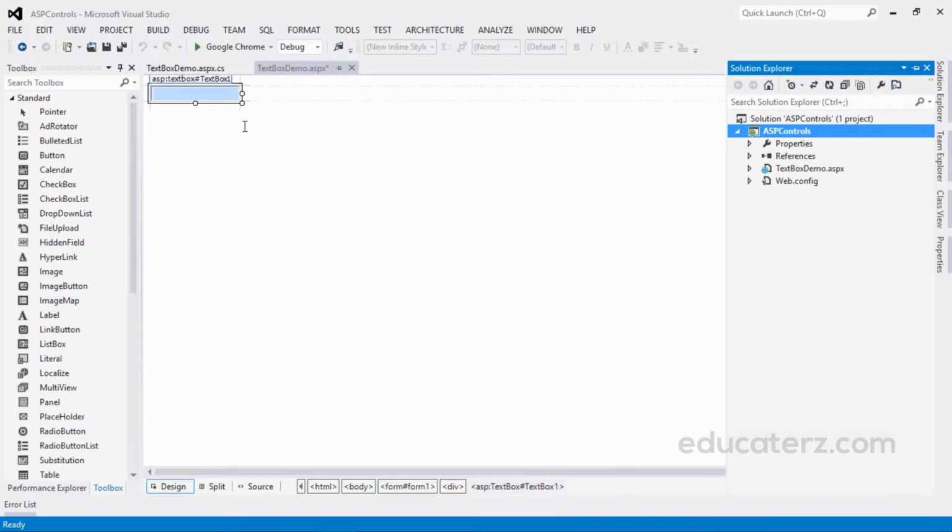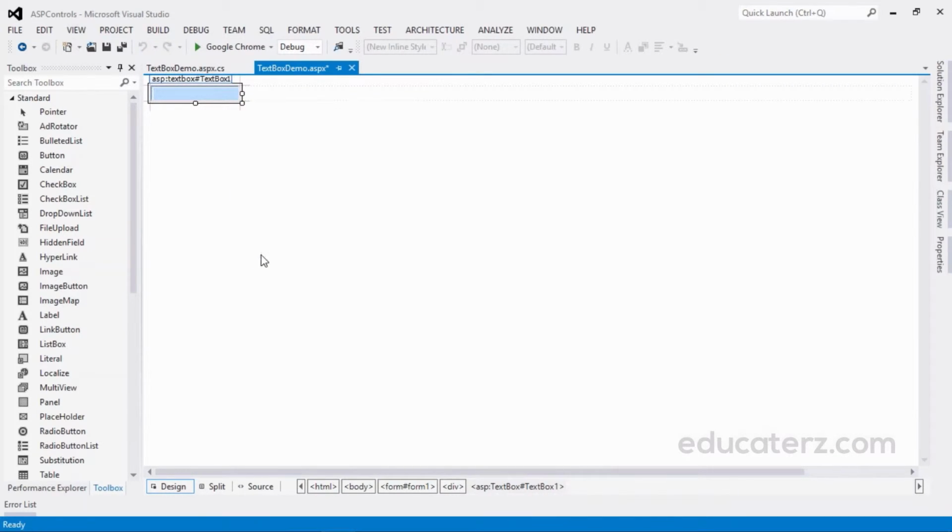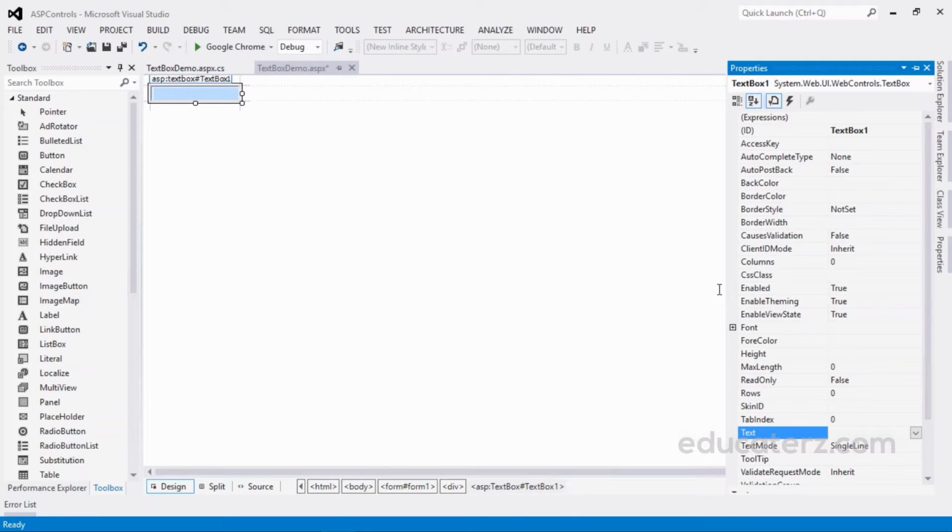We wanted to see properties of this text box. Just right click on it, choose Properties. You can see this. Whatever the control you added to this web page, the first and foremost thing you need to remember is to please change this ID, and we will be following some conventions for this naming of IDs. This is called naming convention.